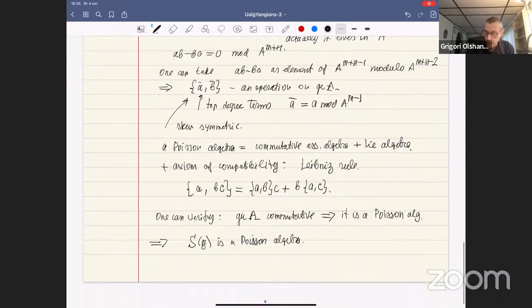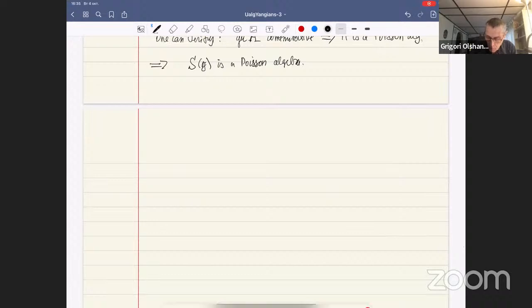What is the bracket? It's very simple because we have that it coincides on G with the Lie bracket, and it is extended to the whole symmetric algebra by using the Leibniz rule, because the symmetric algebra is generated by the space G. And a complement to our claim is as follows: the symmetrization map